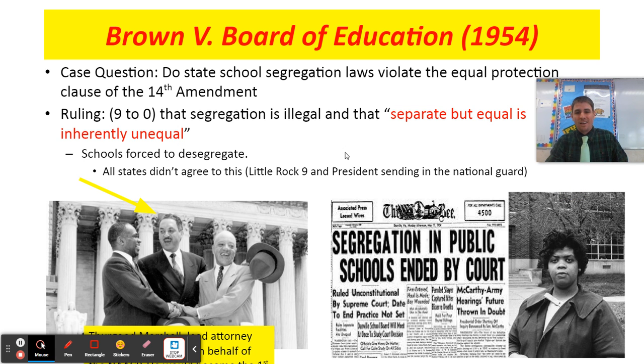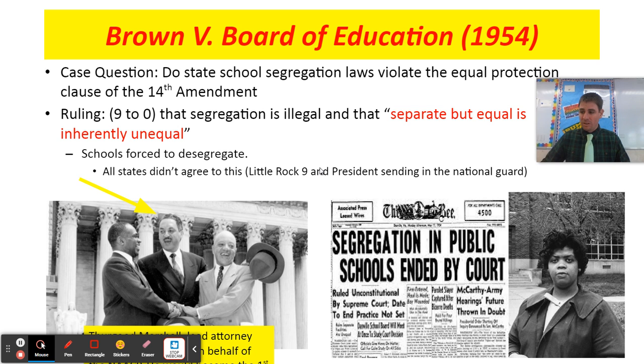Of note, with this "all deliberate speed" that the Supreme Court said they must desegregate, some schools took advantage of it. That is a vague term, all deliberate speed. Is that quick? Is it slow? And as a result, some schools didn't desegregate, as evidenced by the Little Rock Nine in Arkansas, where you have nine individuals challenging Arkansas's governor's decision to not desegregate.